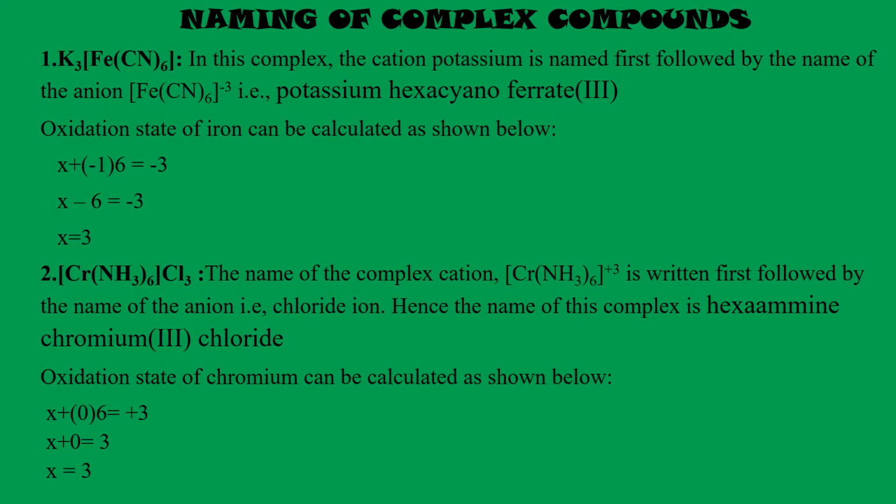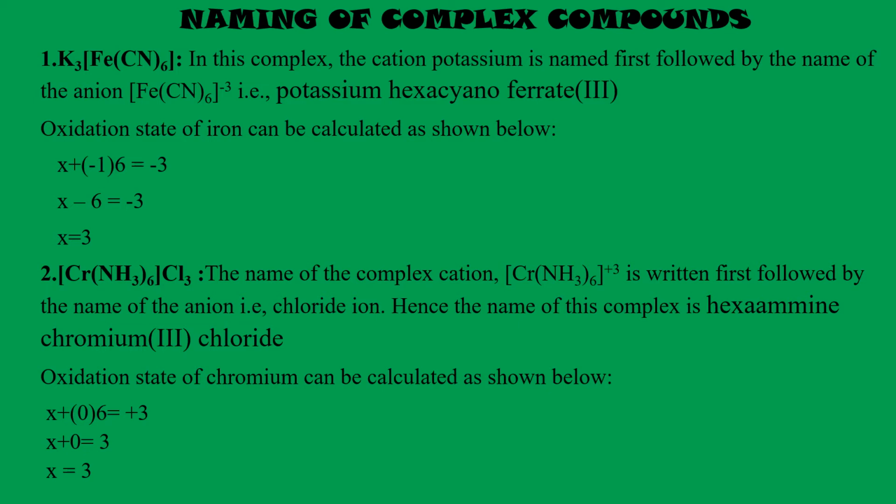Now you know, what is hexacyano? Fe is surrounded by 6 CN groups. The ligands here are 6 in number, that is hexacyano. And ferrate. Why are we calling it ferrate? Because in negative complex ions, at the end of the name, we add -ate. This is only in the case of negative complex ions. Hence, it is called potassium hexacyanoferrate. Then what is this 3, students? Written in Roman numerals, this is the oxidation state of iron.